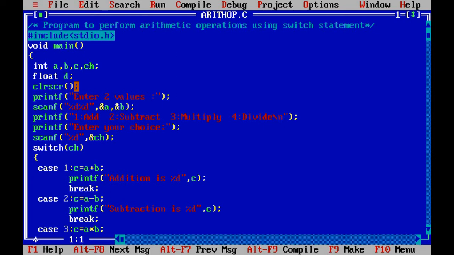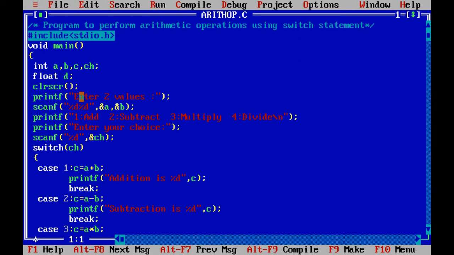CLRSCR is for clearing the screen. Then we have a printf statement, which will print the message "enter 2 values" on the screen. When the user enters values after reading this message, those values will be stored in the variables A and B. This will be done with the help of scanf statement.